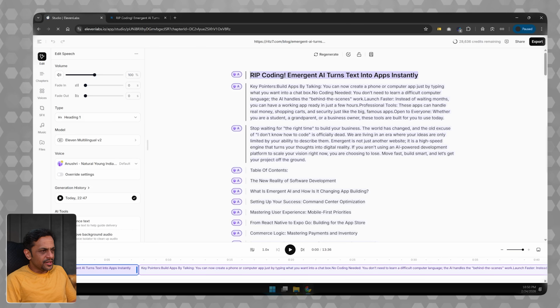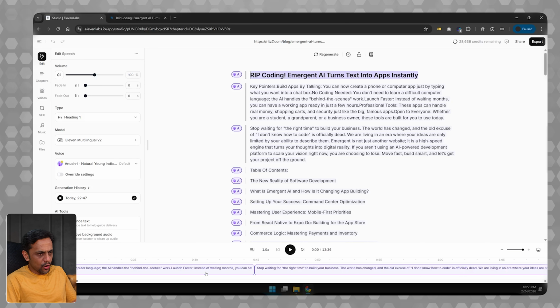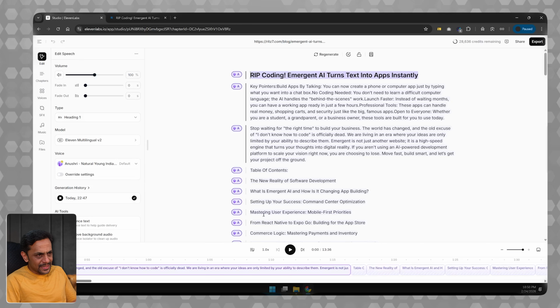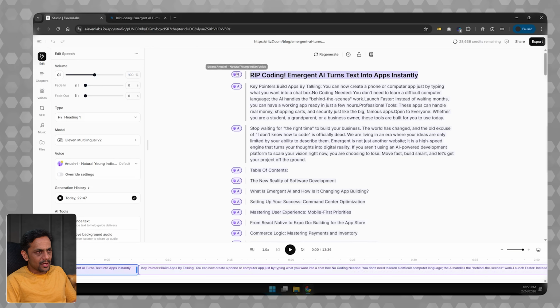Once this is generated, you can see this one added over here based on the heading. This is the heading, and then the next paragraph is here, and if you scroll towards the right, the next paragraph comes here. Each of these statements is added separately over here. So click on this, you can see this. If I play,